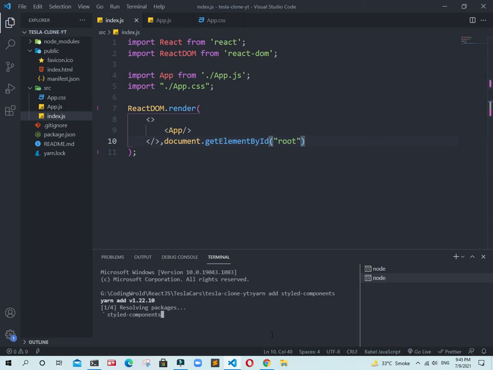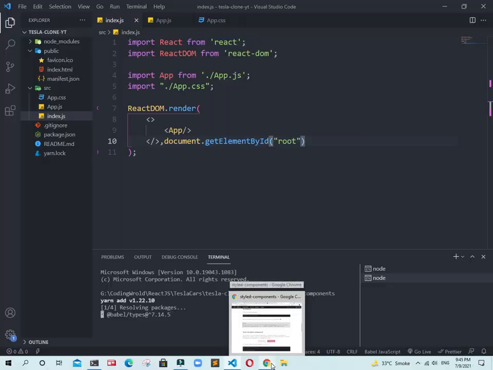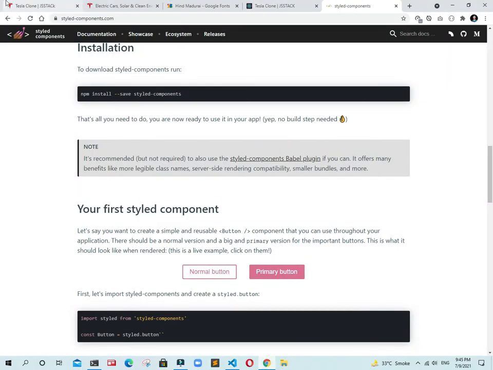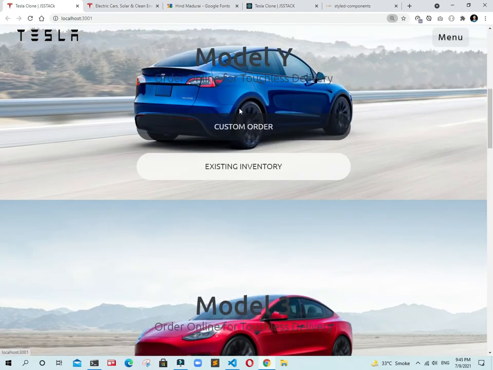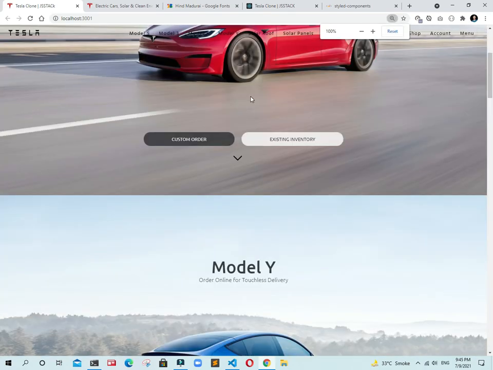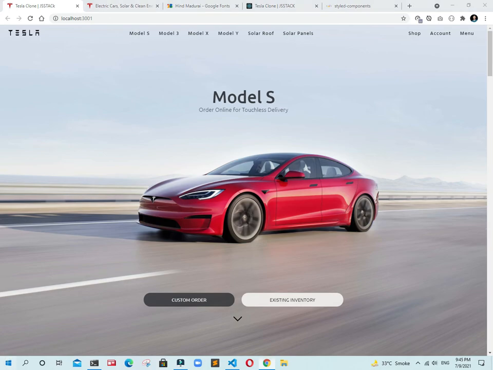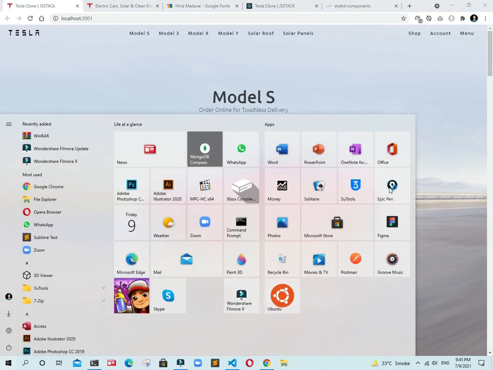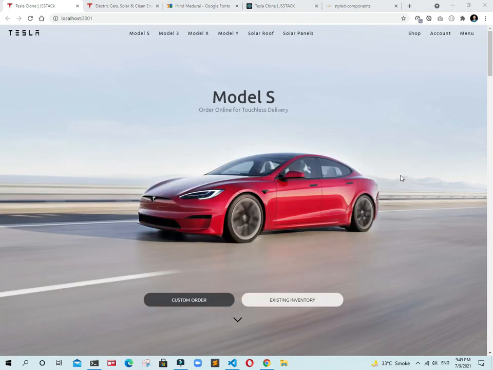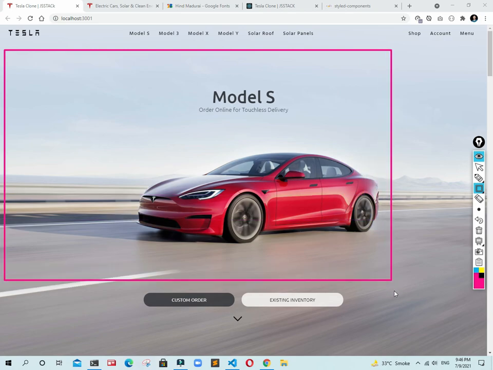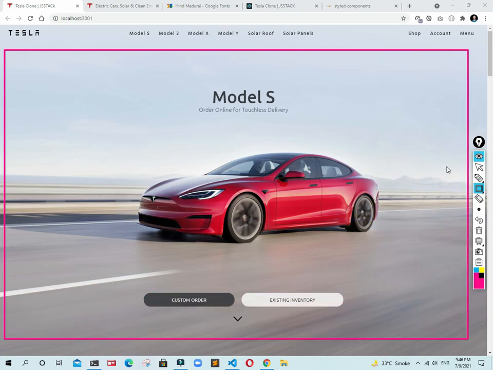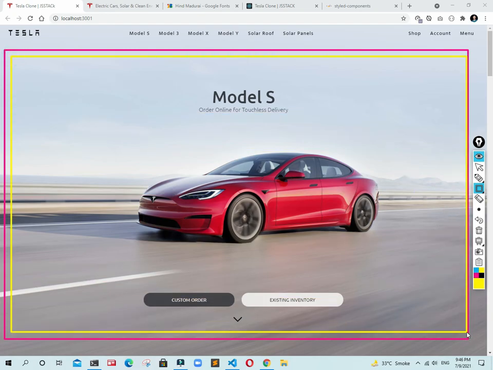Guys, while styled-components is installing, I'll show you something. Go back to our project. Now guys, let me give you an annotation. First of all, we have a background image, and just after the background image we have a container.